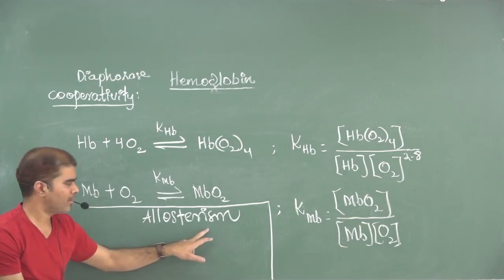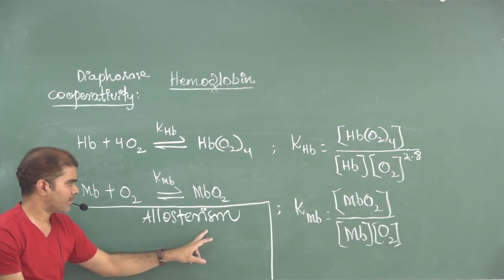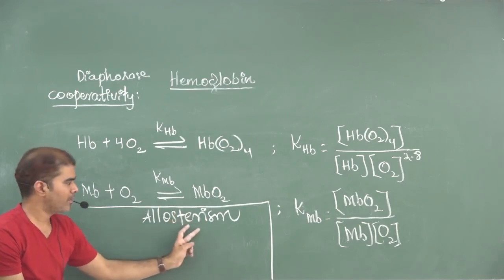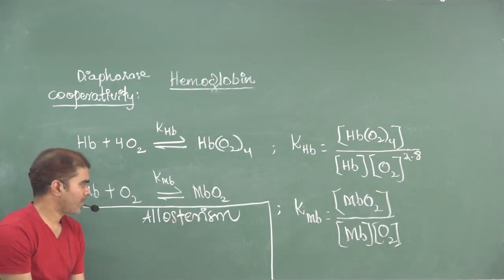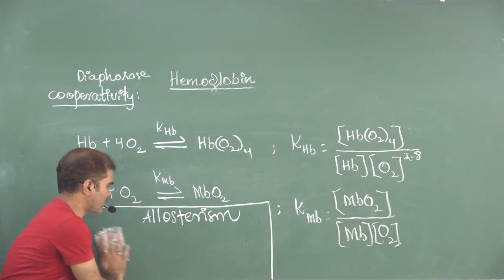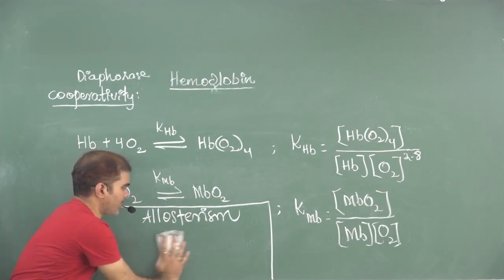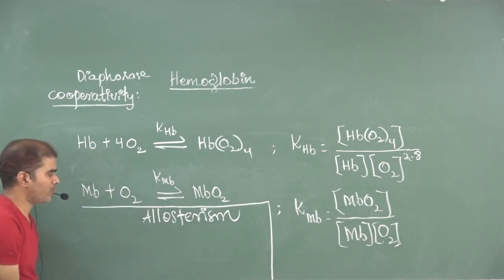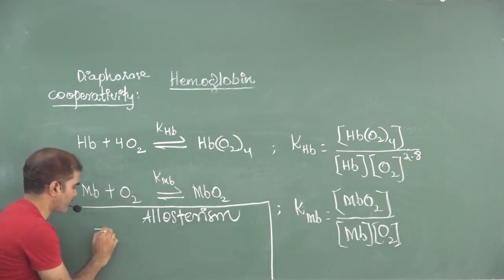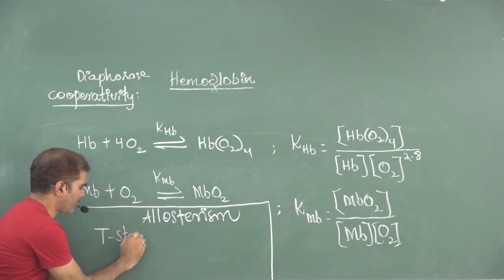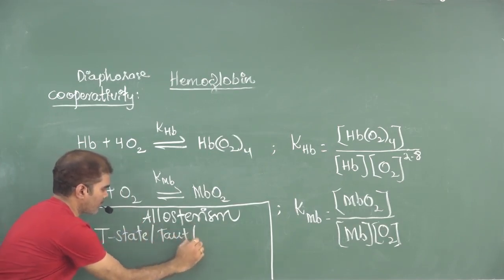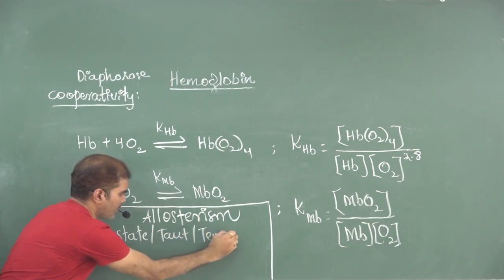Steric means space. Allosterism: existing in different forms in space. And the two different forms are called allosteric forms. These are